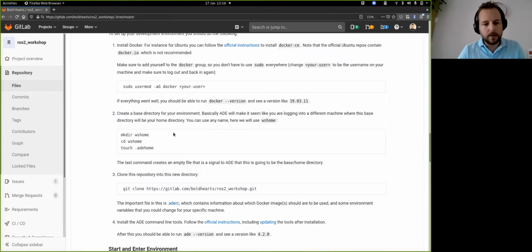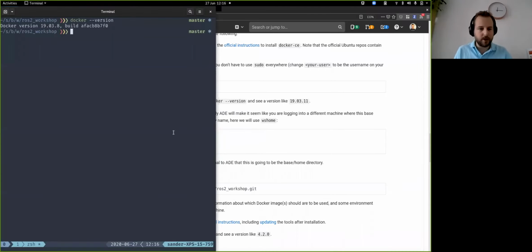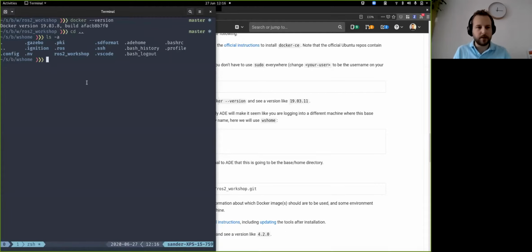So I will do a little bit of a demo of what things should look like. If I start out in the WS home directory that the instructions instructed you to create, in there I have the ROS2 workshop repository cloned, and I have the .ade home file in here. I've got a lot of other stuff in there as well because I've already been running things in here. You will not have those, but those will all be created once you go through the exercises. So when I'm in here, I can go into the repository, and I will